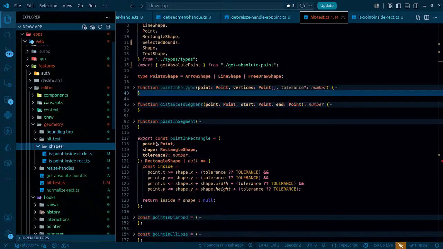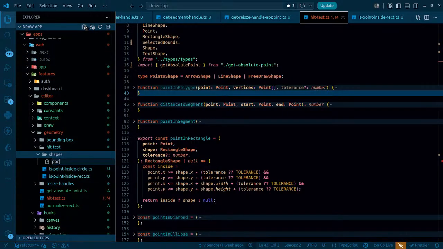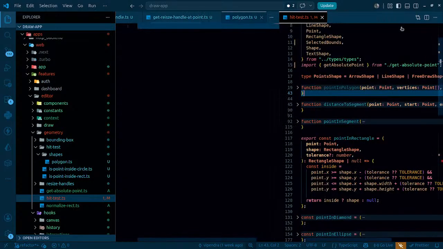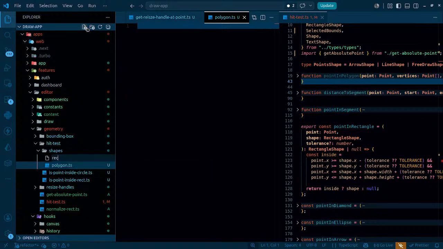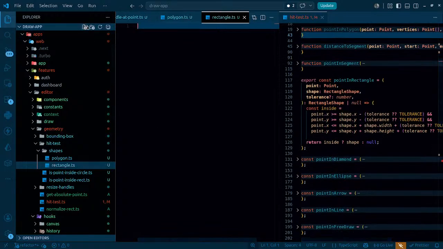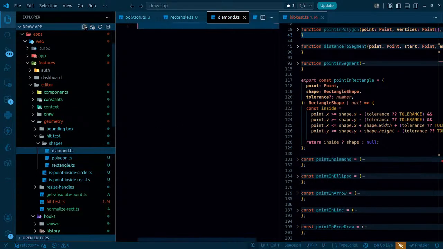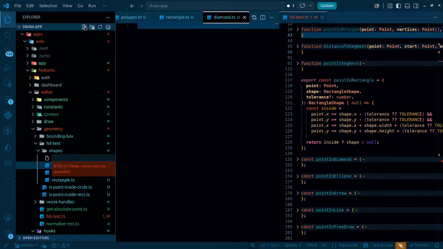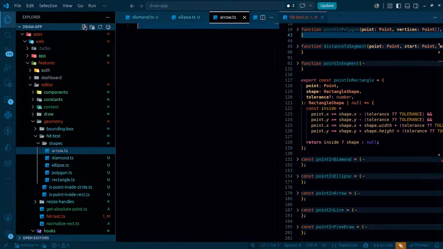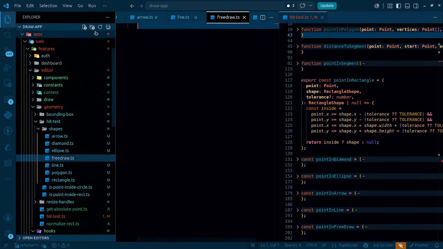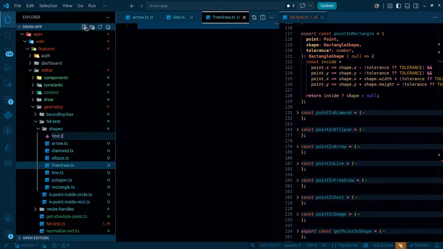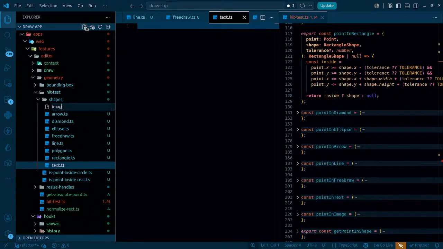Okay, going ahead. First one is gonna be what? First one can be polygon.ts, rectangle.ts, diamond.ts, arrow, ellipse.ts, arrow.ts, line.ts, freedraw.ts, text.ts, image.ts,